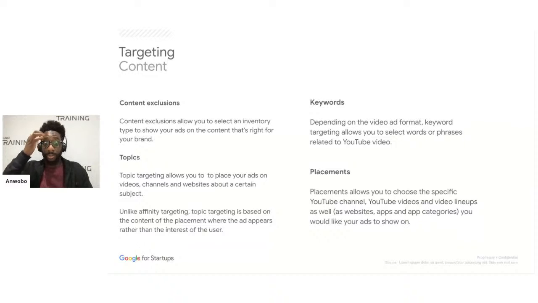Sadia is asking for a repeat of content exclusions. Content exclusions, as I mentioned, you select one of the 3 inventory types. So basically, Google have analyzed their content on YouTube and say that they can either give you the limited, standard, or expanded inventory. Expanded inventory is mostly everything that's uploaded to YouTube that is able to be served as an ad. You're eligible to put your ads in front of those videos or on those videos.